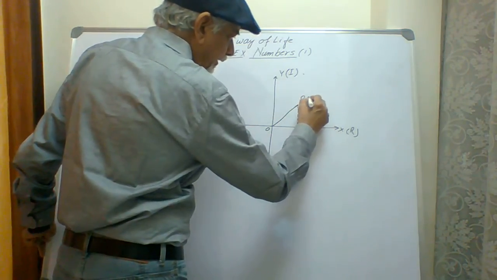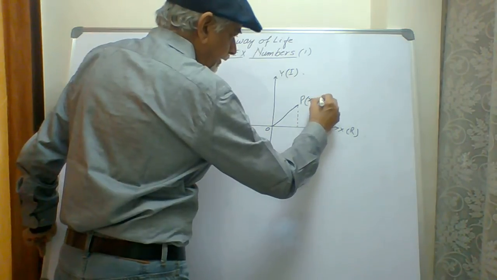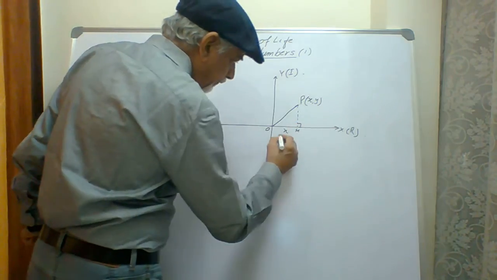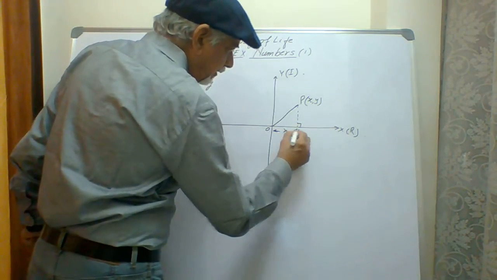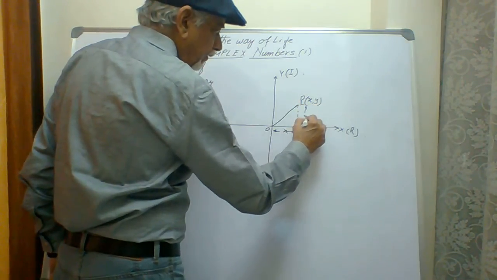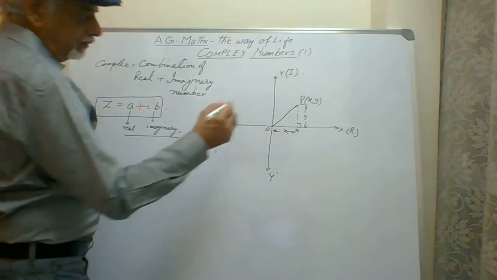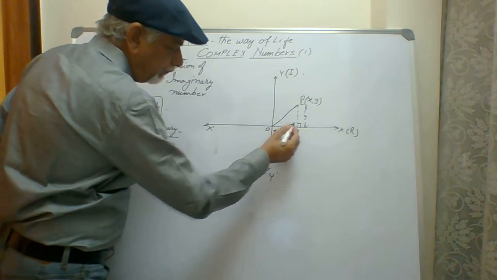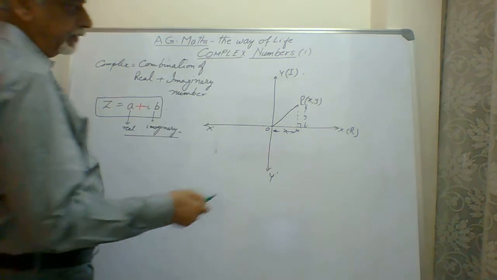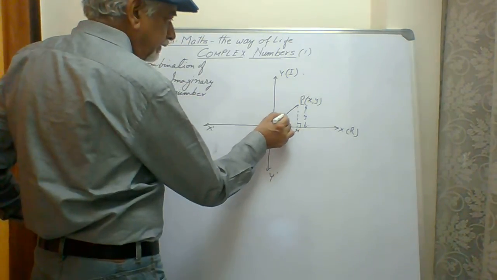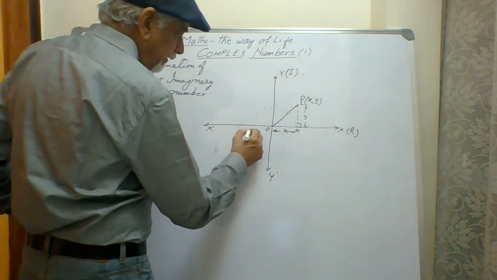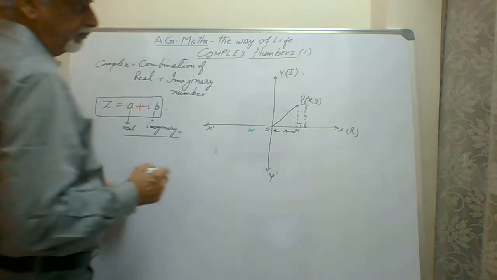So this is a point P whose coordinates are x, y. Naturally, if PM is the perpendicular, then this distance is called x and this distance will be called y. Now suppose this OM line is of x unit and I am turning this line like this and bringing it here, M dash.